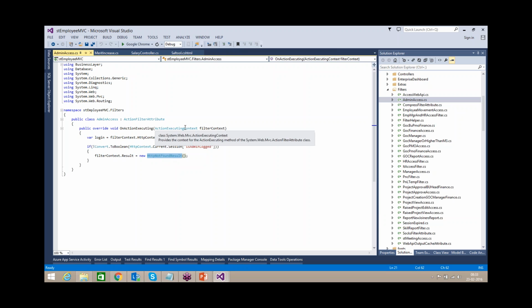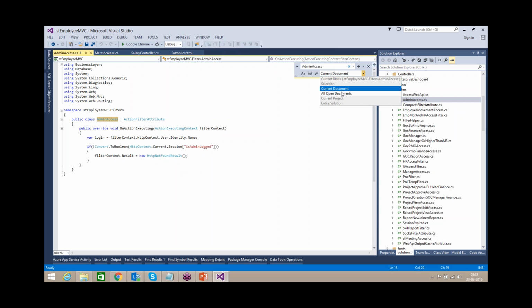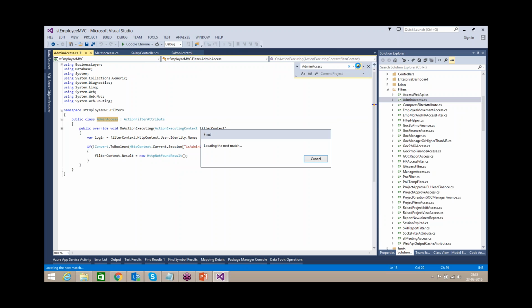So how we are using this, where it is used. Here we created many filters to restrict access, so that only the respective people can access the pages.